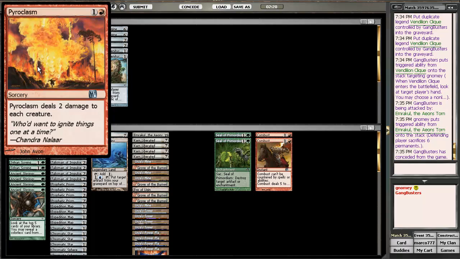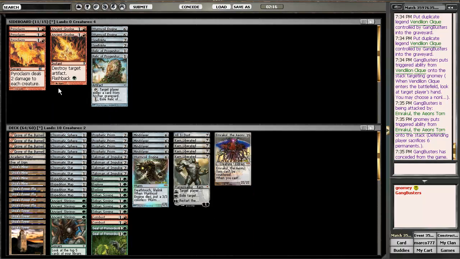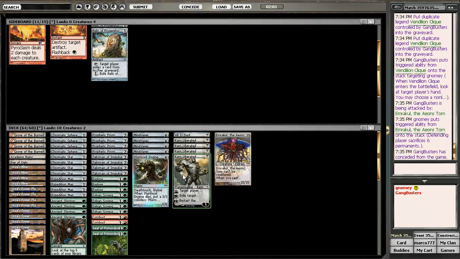I definitely wouldn't mind having it, I just don't think it's worth taking something out that is going to help me more, perhaps. Because the clocks he put me on are not that intense. He has a lot of 1 power creatures, and the biggest things he has are Misbind Click and Vendilion Click. So I'm going to put in those 4, and out we will take